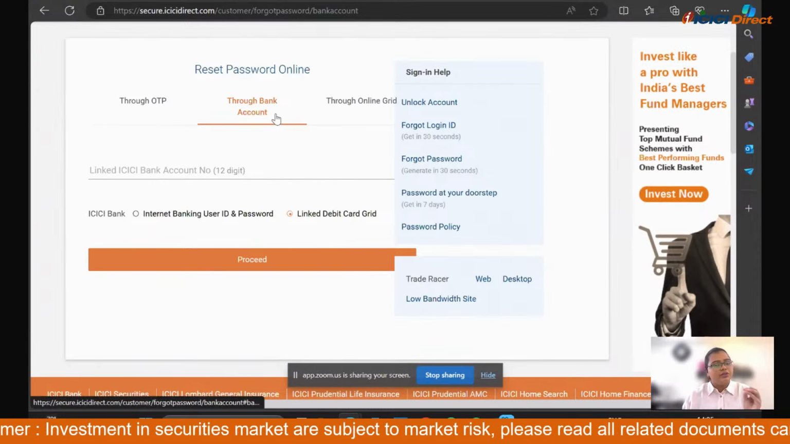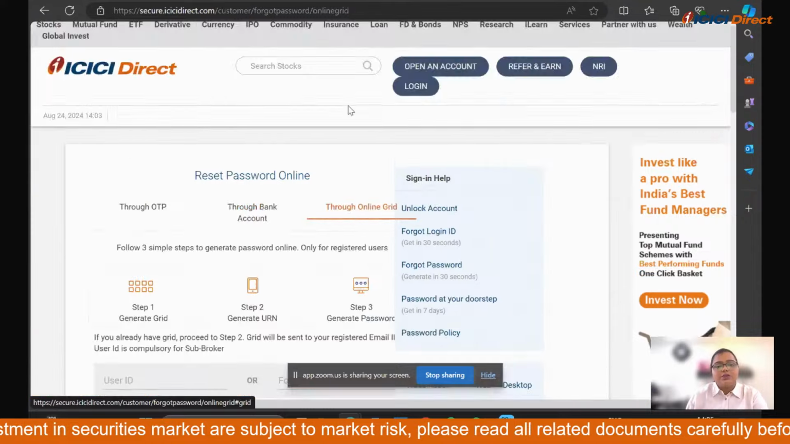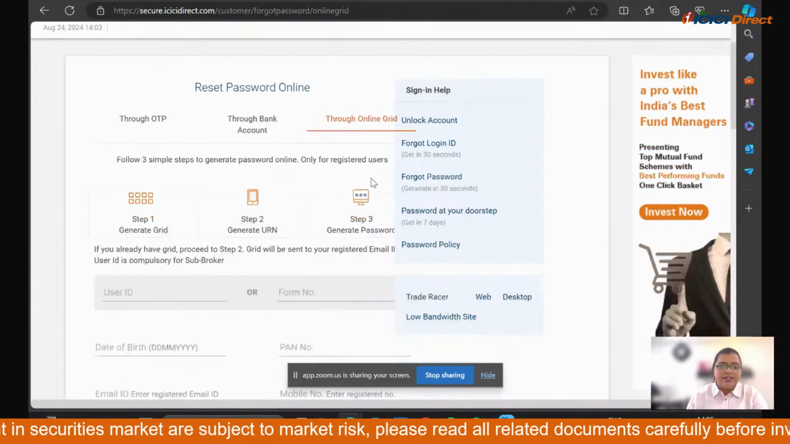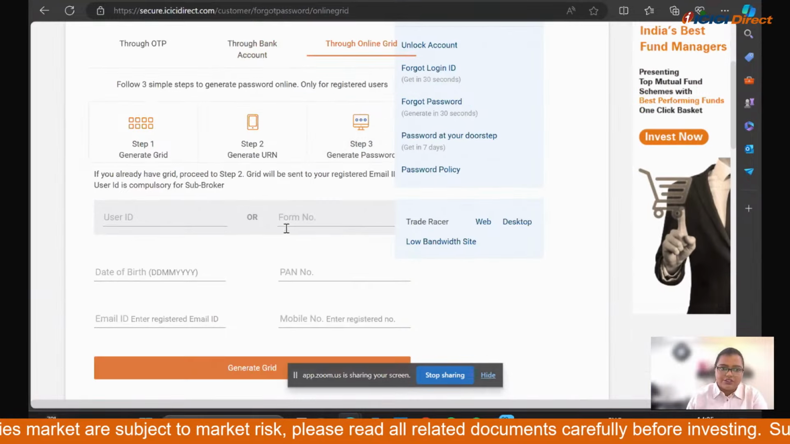So through bank account can be used when you are not able to receive an OTP on email. Okay. Then the third one that we have is through online grid. This is a lengthy option, but just in case the first two do not work, then we have this option